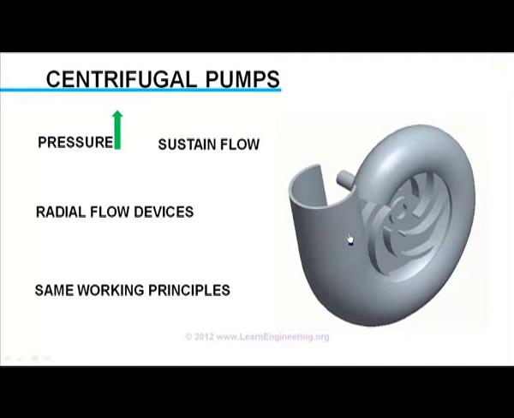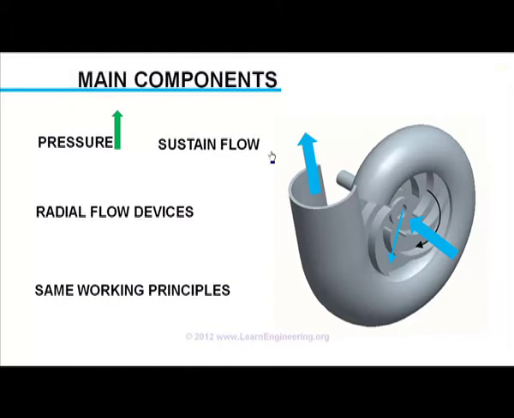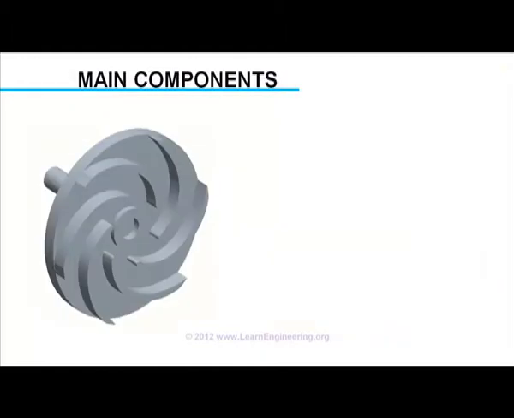The working of a centrifugal pump is simple. As the impeller rotates, it sucks fluid from outside through the eye of the impeller. The fluid is pushed radially along the impeller to the casing. The casing collects the fluid, and it is pumped out through the discharge nozzle. We will go through the main components of a centrifugal pump in a detailed way. First, the impeller. The impeller is the device which rotates and transfers energy to the fluid. It has a collection of vanes fitted to a hub plate.